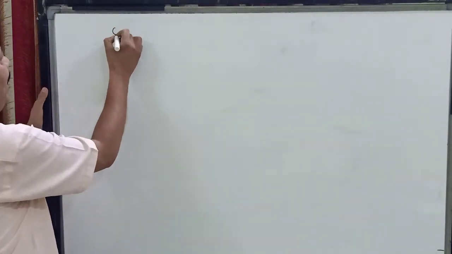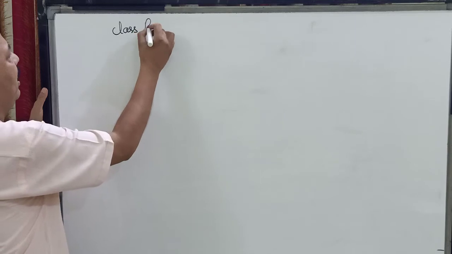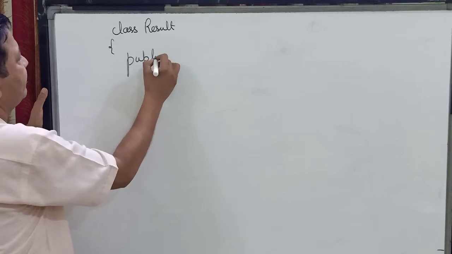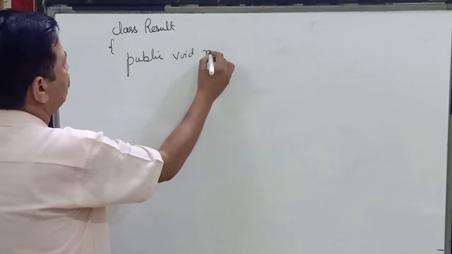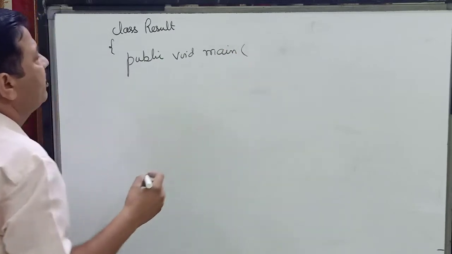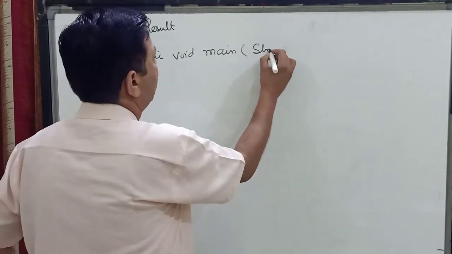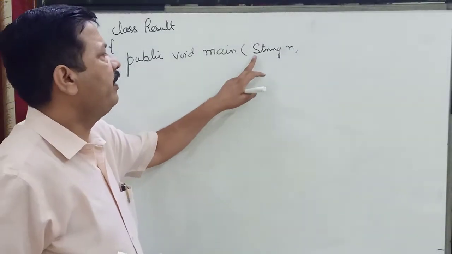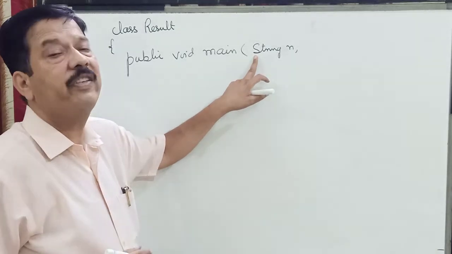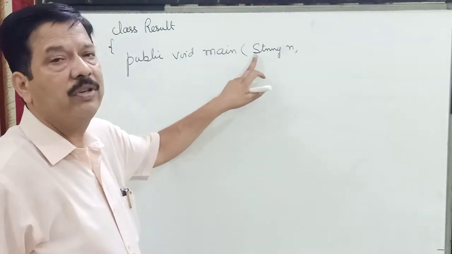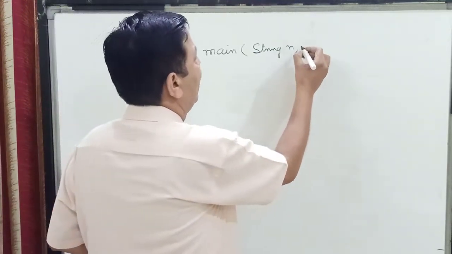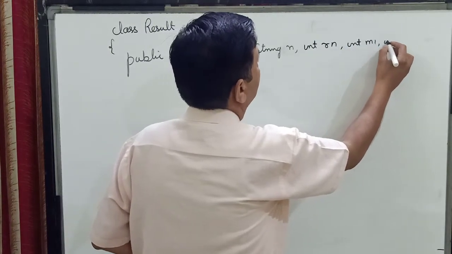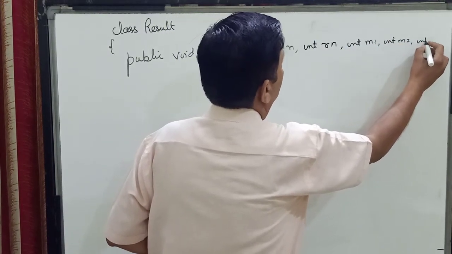I will write this program like this: class, say Result, and then children, I will do my inputs in the parameter of public void main. In this I am entering name. So children, when I am entering a name as String, this S of String should be capital since it is a class name. So String is a class, so String S should be capital. Then I have to enter my roll number. Then I have to enter marks in 3 subjects, M1, M2, M3.